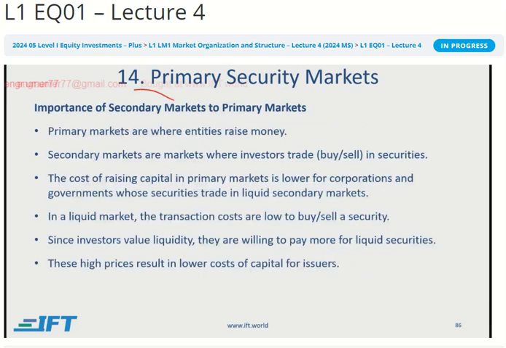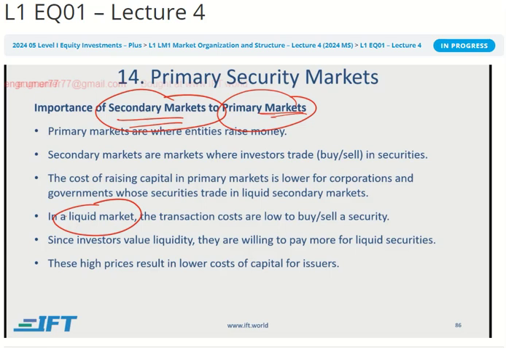Right, very, very important. Secondary markets, obviously, if they are not there, nobody is going to buy stocks in primary markets, right? Because why are you buying it in the IPO? Because you can go to the stock market and sell it to somebody later on. So it's very important that secondary markets are there. They should be liquid, and you should easily be able to sell them. And only if that is the case will you be interested in buying the stock in the primary market, which means the companies who are issuing these securities will be able to get good prices for those stocks,